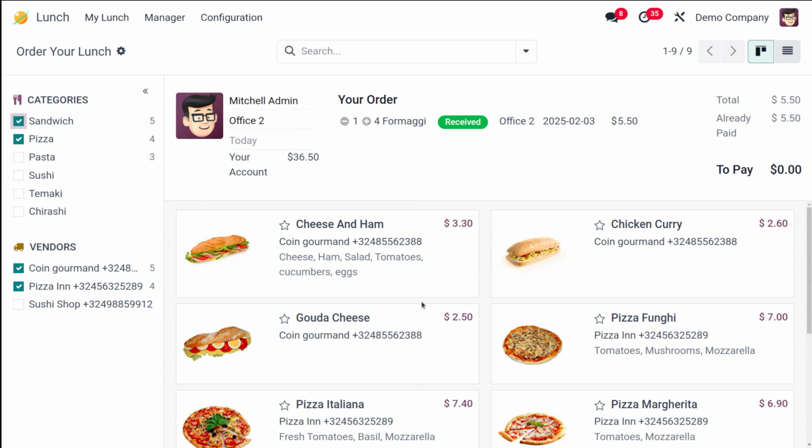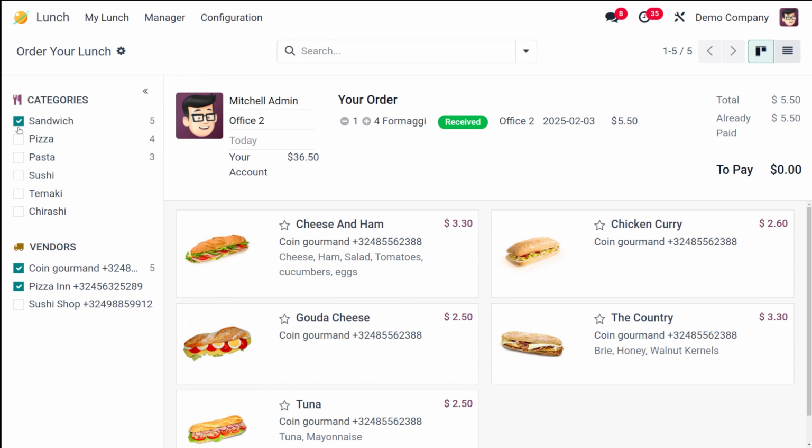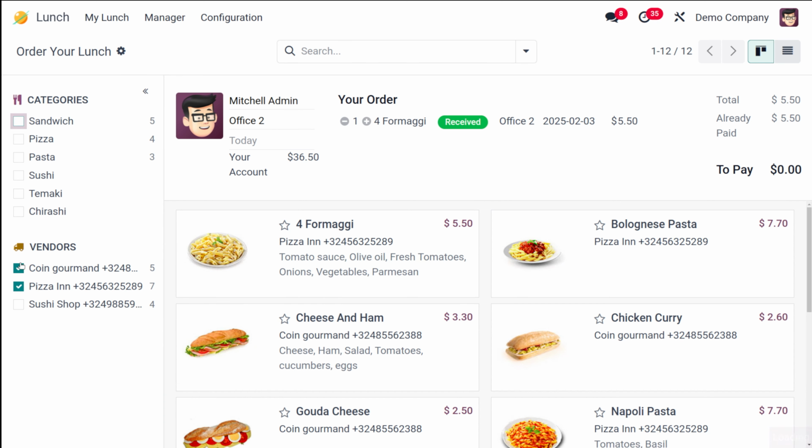Now you have the user information and the product display here. The top portion displays your account information and a summary of today's order. You can see this is your order, your name, the location, and how much is there on your account. And then you have the product display, which you can see here. I'll just remove all the filters and let's view all of them together. Just removing it, and this is the product display.